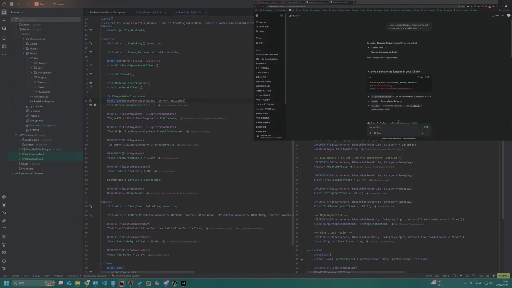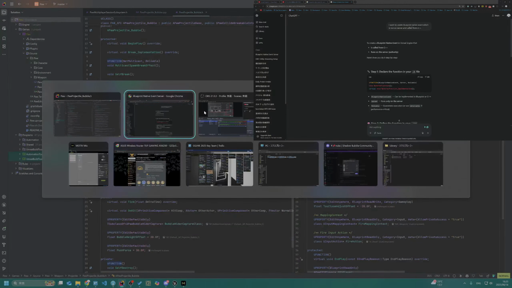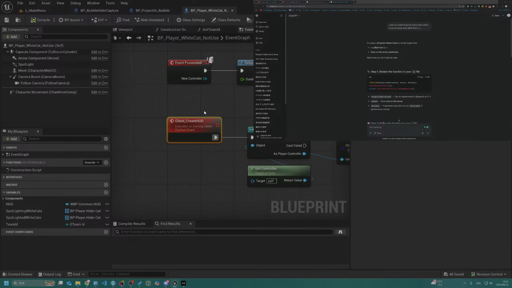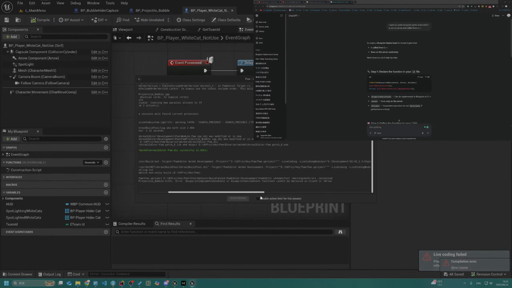UFUNCTION, yeah. UFUNCTION. Blueprint native function cannot be declared as client or server.